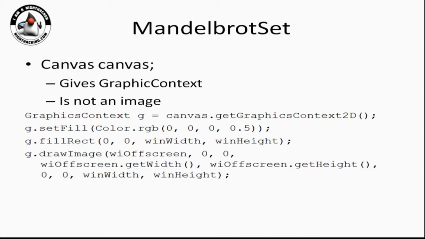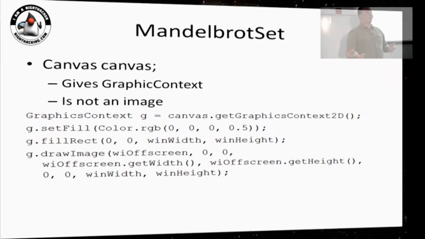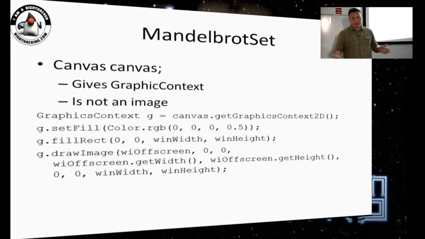Who knows JavaFX here? At least to some extent. So JavaFX primarily consists of different nodes. But if you would like to render something on the screen, you should either construct it from different nodes or use an image. So basically, with MandelbrotSet, there were two approaches. One is to use an image with a buffer where you directly write pixels, or use a canvas, which actually has a different set of drawing commands.